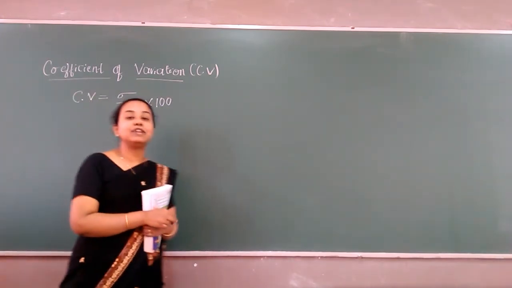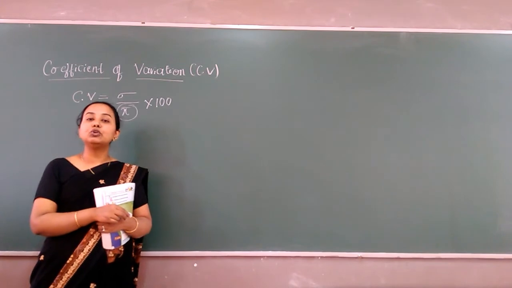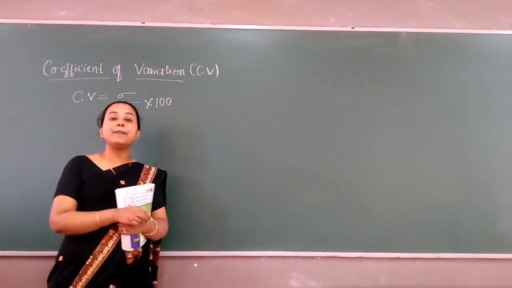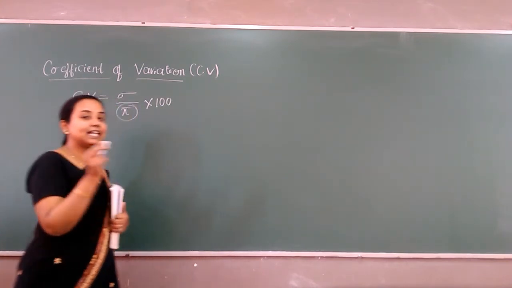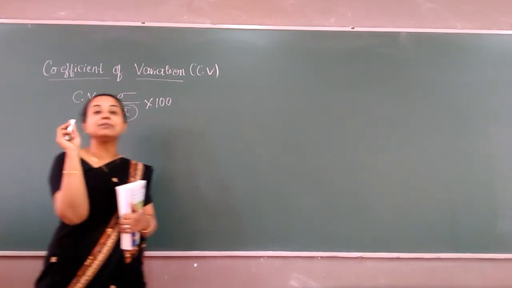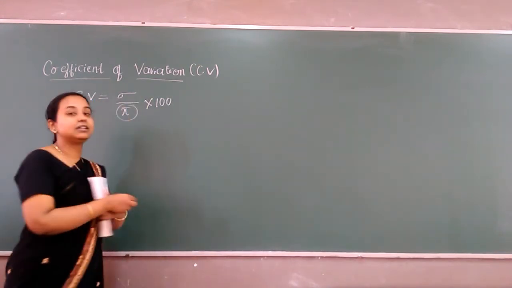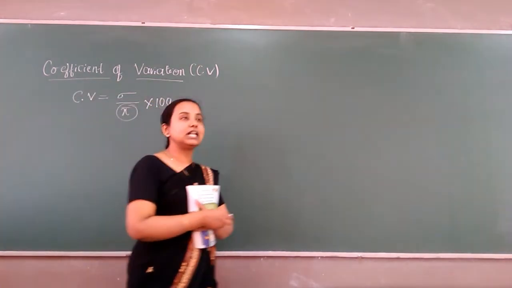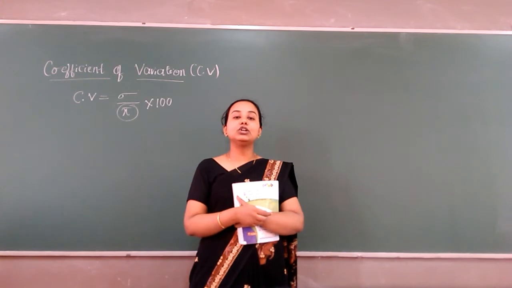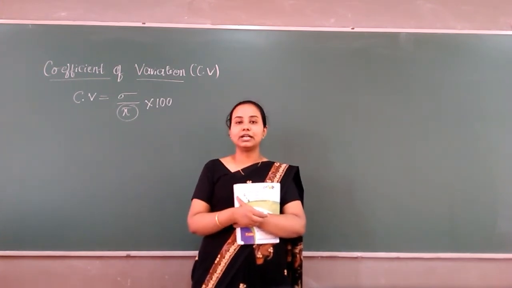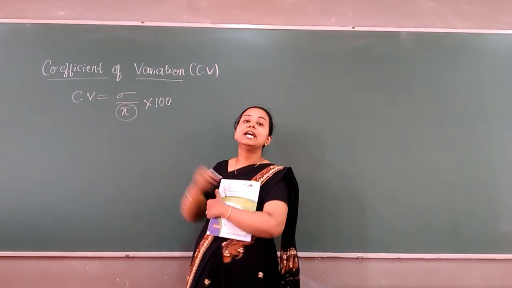That is, for example, if the average monthly income of two persons is the same, then we will compare the variation among their salaries. Okay, in that case the average monthly income is the same, but we will still compare using what? Using standard deviation. From that time I am mentioning compare. So in what way we are going to consider the two data, or how we are going to compare the two data, is very much important. That is, we are going to study here the variation among those two frequency distributions.